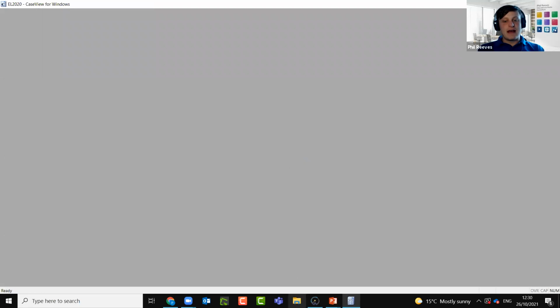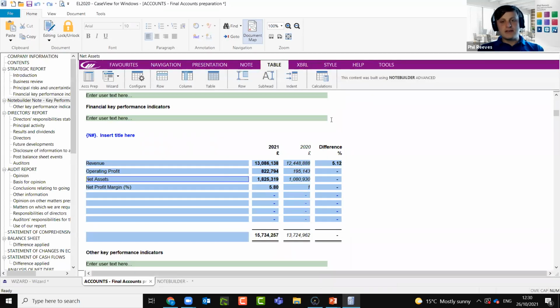And the reason for that is, as you can see from the green lines on the right hand side, we've exceeded the maximum table width for a table when it's being built into the financial statements, if we're going to have it as a portrait table. So what we want to do before we can do this in the accounts, we can do this in the note builder, is just minimize most likely this column so that we're able to fit this onto a page quite nicely in the portrait